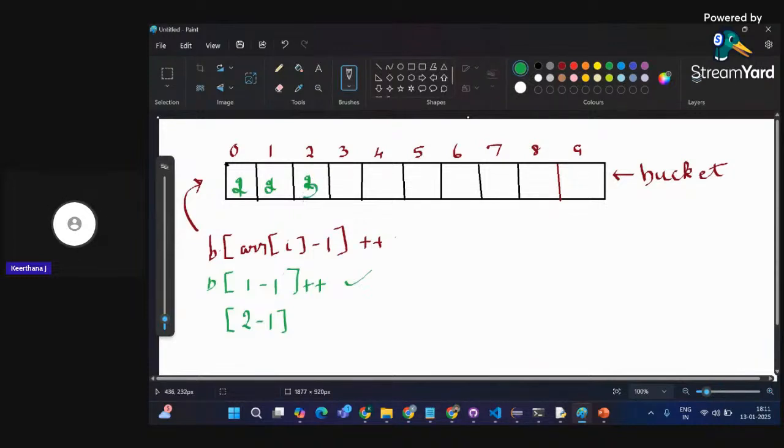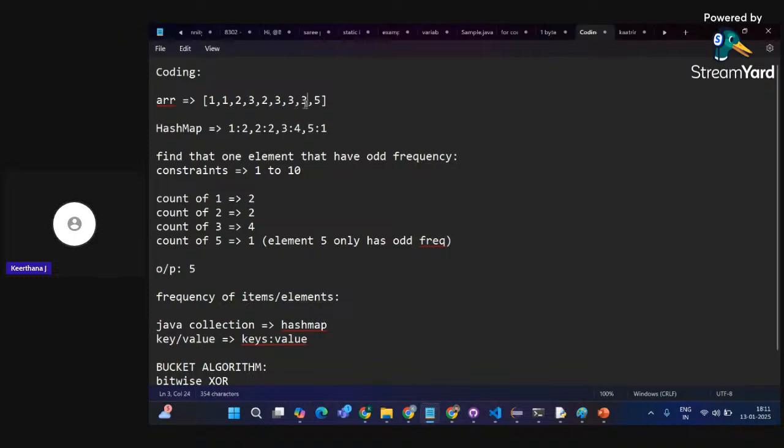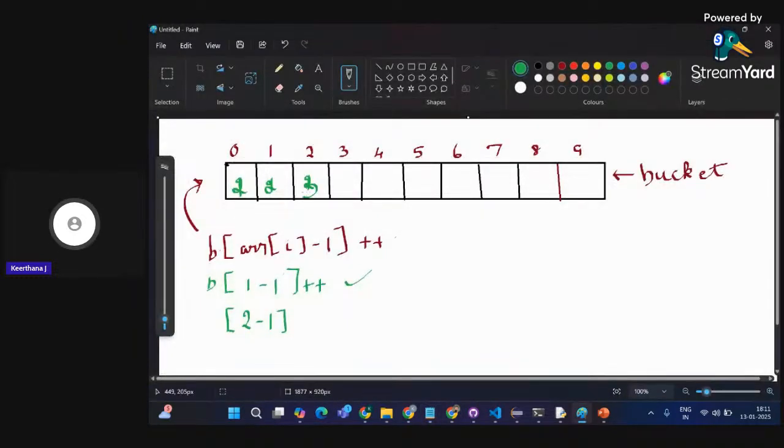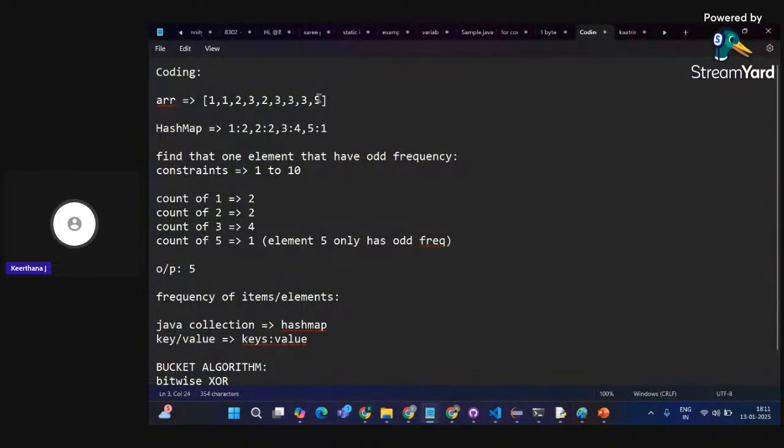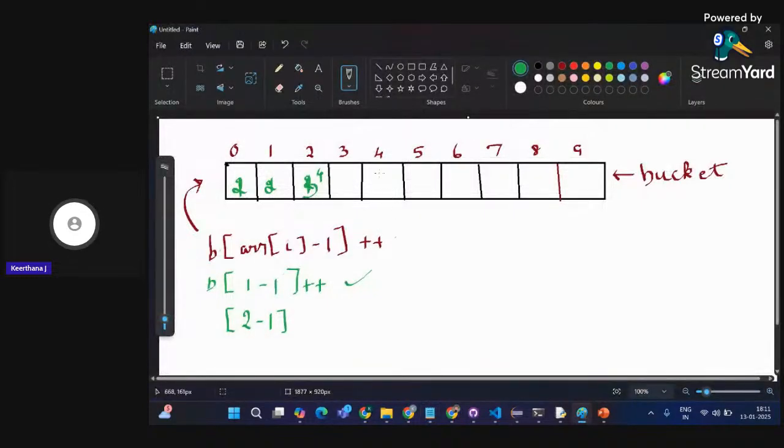So it will be getting incremented and becomes 3. Again, 3. 3 minus 1. So in my second index, my value will be 4 over here. Now, what happens? Again, my next element is 5. So 5 minus 1, 4. In my fourth index, it will be getting incremented by 1.